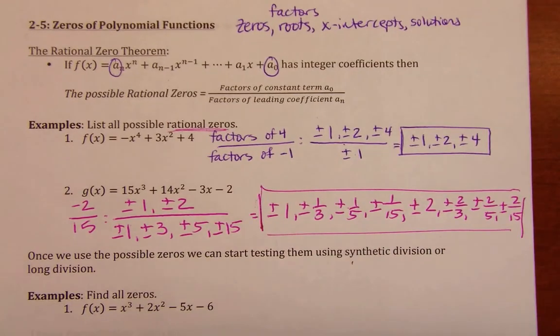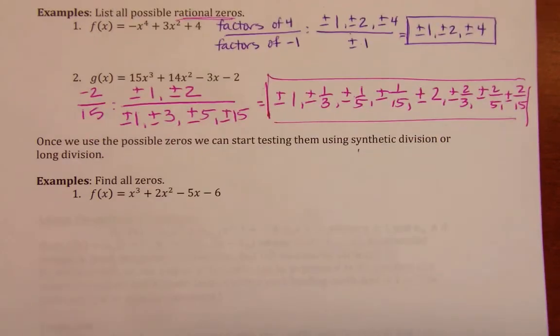Okay. Now, once we have all of our possible roots, we can start testing them to see which ones actually work, which ones are actually roots of our polynomial. So we have this polynomial